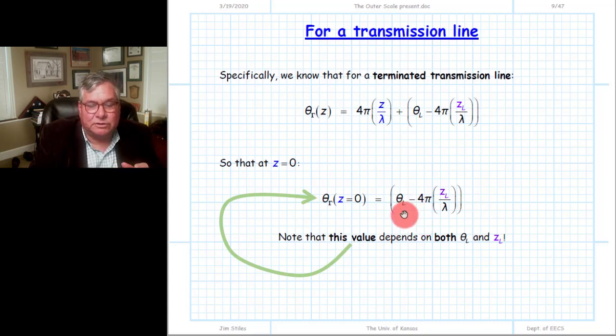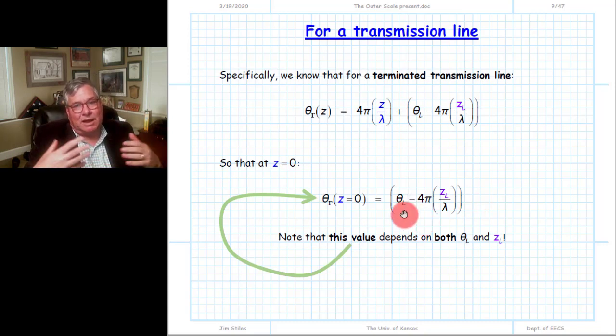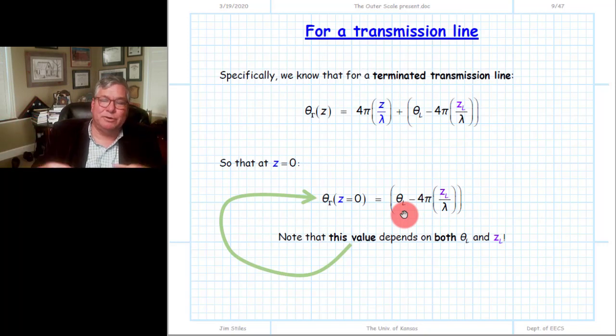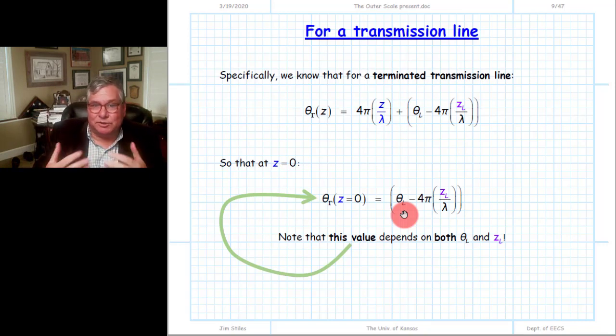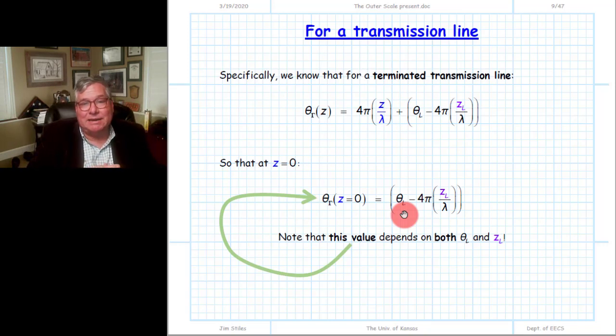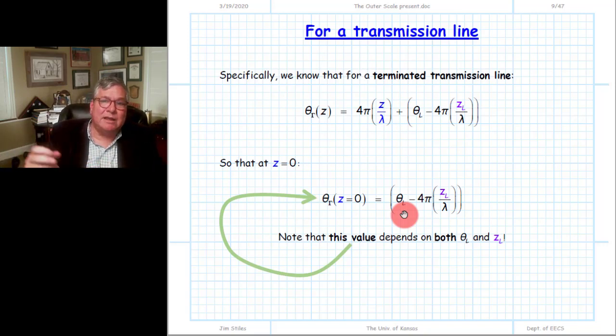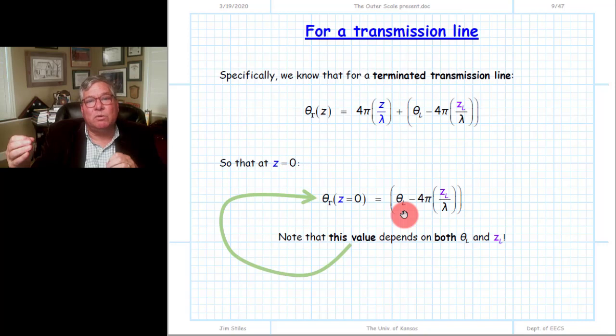the load reflection coefficient. And of course, this is why the Smith chart manufacturers couldn't put an outer scale which matched the index that we use for our transmission line, because the Smith chart manufacturers have no idea what the load at the end of your transmission line is. All the problems that we solve, generally speaking, will have a different value of load at the end of the transmission line. By placing a load there, we will change the value of the reflection coefficient function phase at z